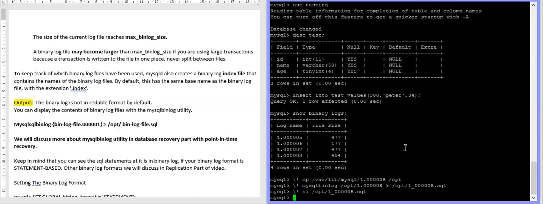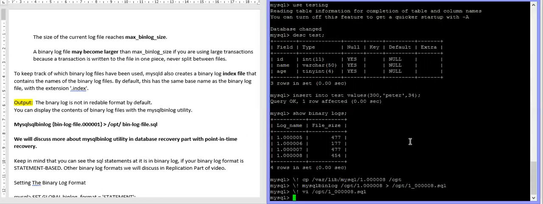Now it is clear. Okay, now how can we maintain the binary log? Because binary logs consume disk space, you have to play very smartly to keep your disk space free of these kinds of log files.